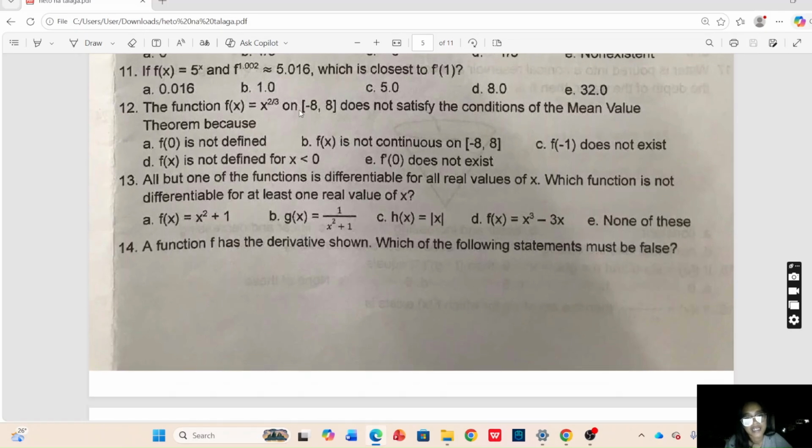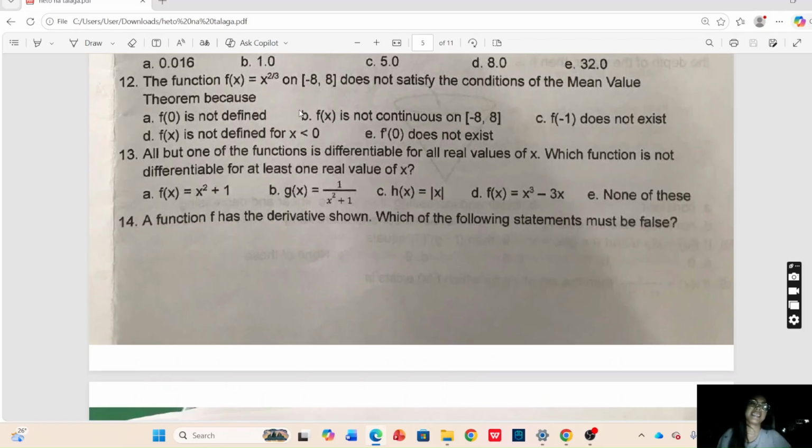That is 8. Because if we are given an approximate function value near 1, the derivative represents the instantaneous rate of change. So we apply the definition of the derivative using nearby values. And after simplifying the approximation, the result becomes approximately 8. So that would be 8.